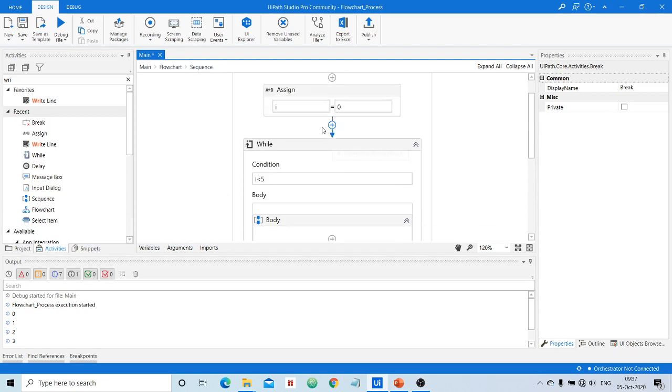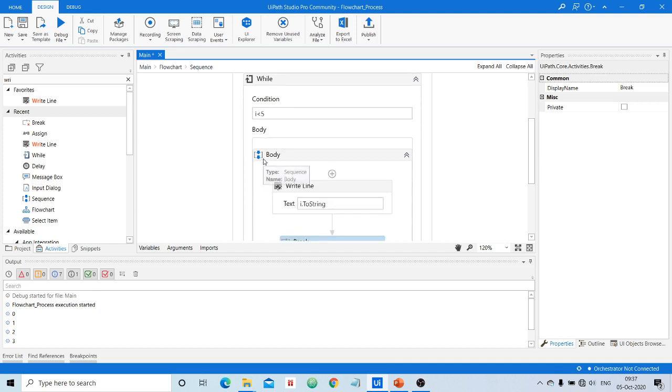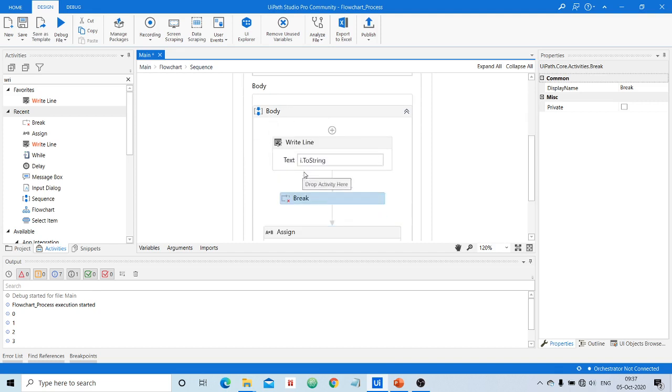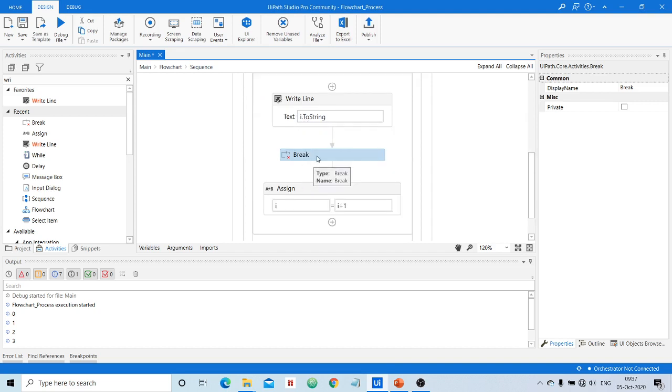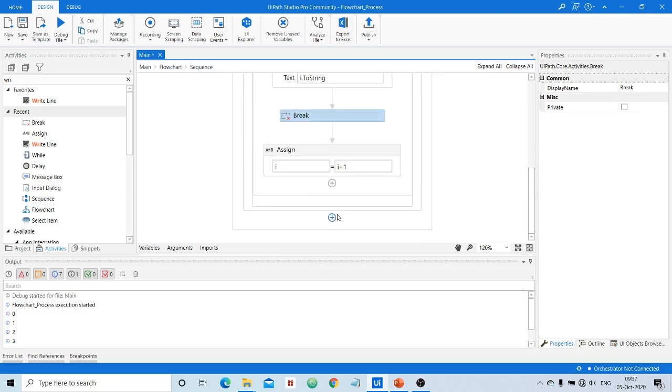Initially it will assign the value 0 to I, then it will check whether 0 is less than 5. True. Then it will come to the body and write the current value of I, which is 0. Then immediately there is a statement called break. This break will take the control out of this while, and after the while we don't have any more actions, hence it will terminate.